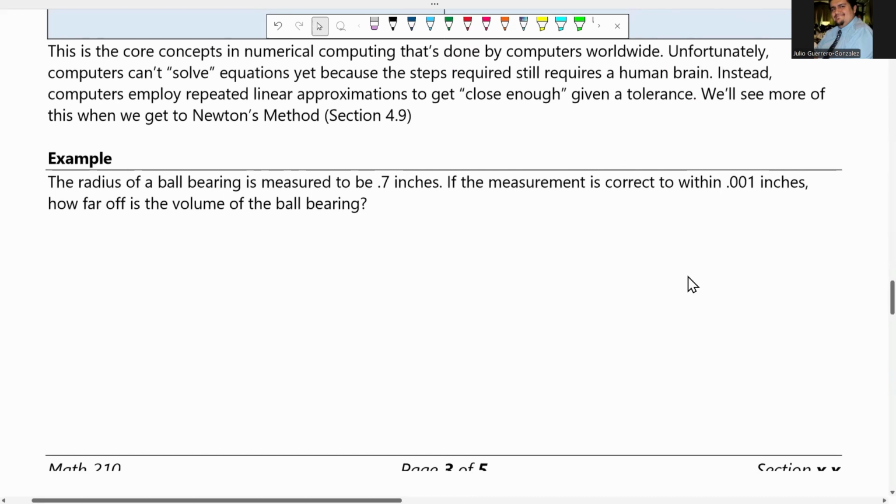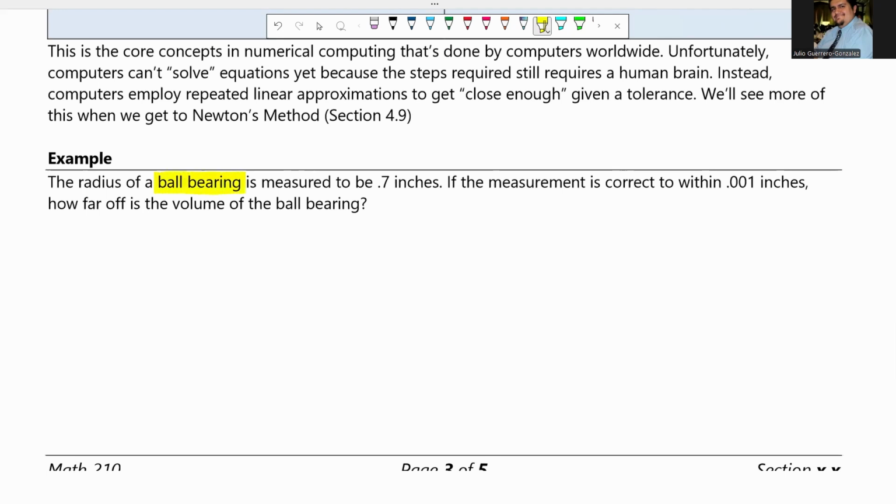Turns out something like this is very useful in manufacturing. If you know for a fact that you can manufacture something with a specific tolerance, with a specific measurement that you know you're going to be off of at the most, can you tell me how far off another measurement can be of the same thing? So, as an example of what I just said,